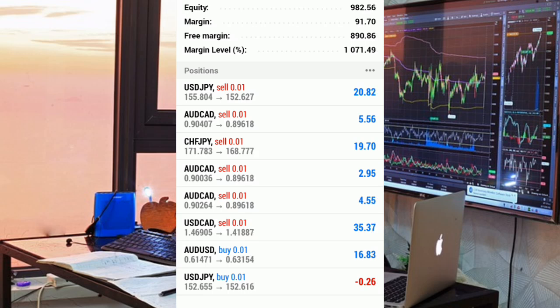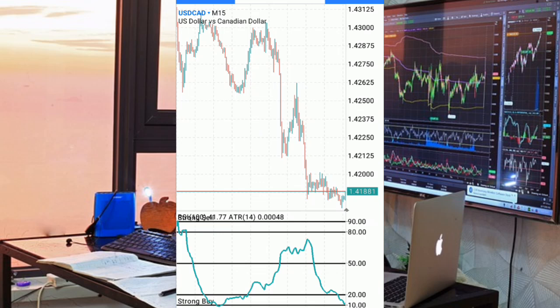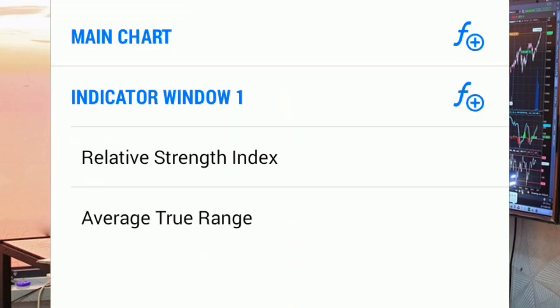So I'm going to show you something today that is one of the easiest. Like I always say, my strategies are very simple but very profitable at the same time. The motto of the home is that we are all about minimizing losses and maximizing profits. So what I'm going to do today is come up to our indicators. We've got RSI and then we've got ATR. So right now, what I want us to do,